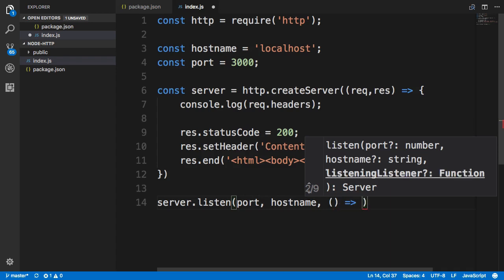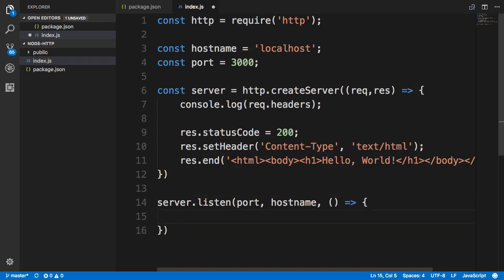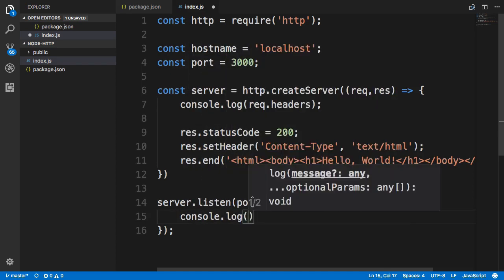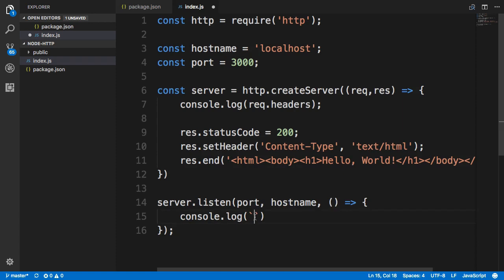And in this function, we're just going to print out the information about this server. So in here, I'm just going to say console.log, and in the console.log, I'm going to print out the information. So I will use a back quote. So note the use of back quote, not the normal quote. The reason why we are using that is because we're going to be using some variables inside the string that we are going to construct here. So we'll say server running at